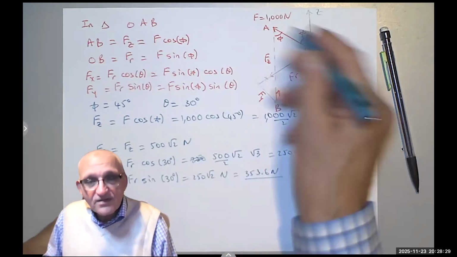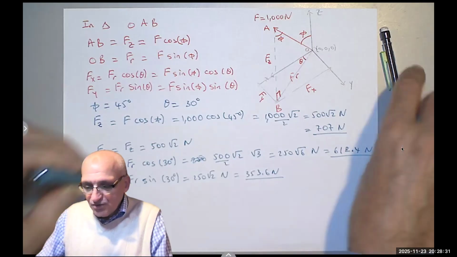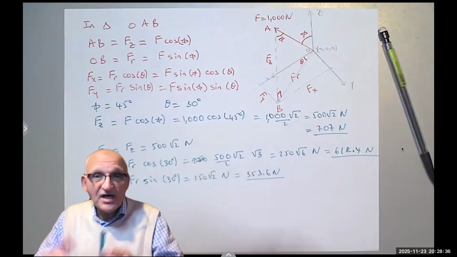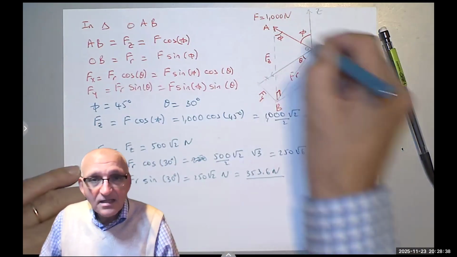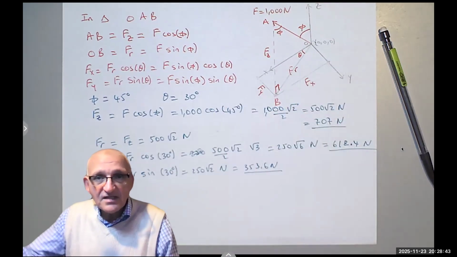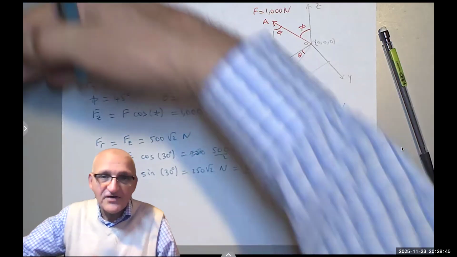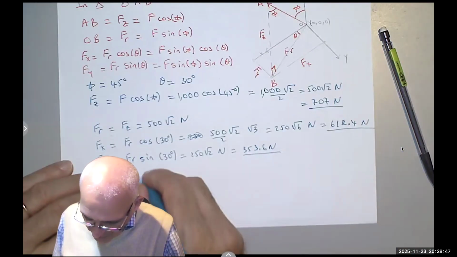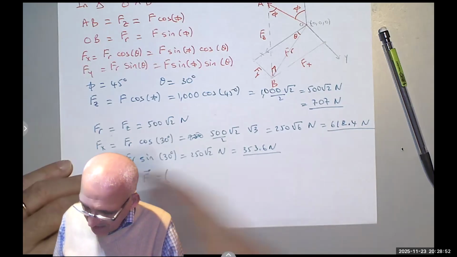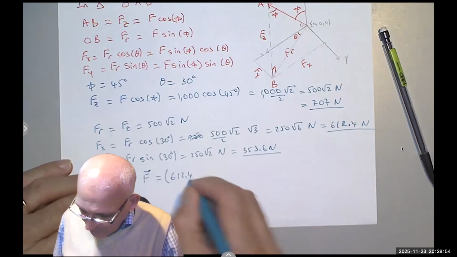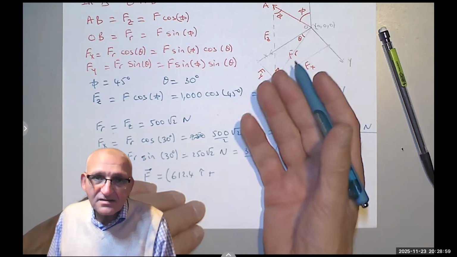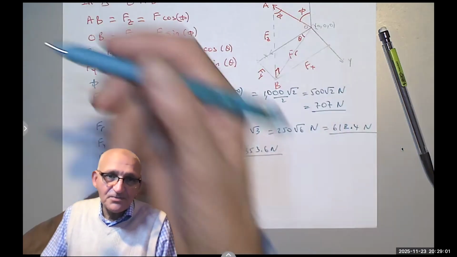And finally, now we can notice you don't need to memorize these. Once you draw the triangle, you can do it in something like that in space, and you can see right away that you have a right triangle, and this is the hypotenuse, and you can easily find Fz and then project Fr, find Fx and Fy, and then you write the force in vector form as Fx, which is 612.4 i, plus, notice we are in the first octant, x is positive, y is positive, z is positive, so